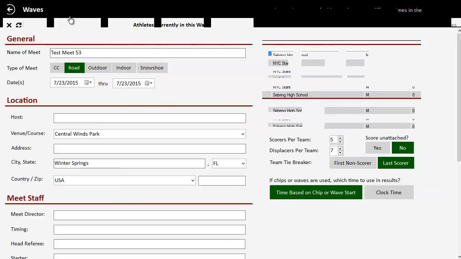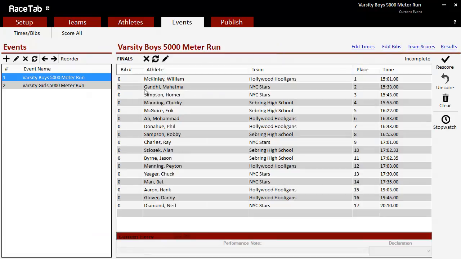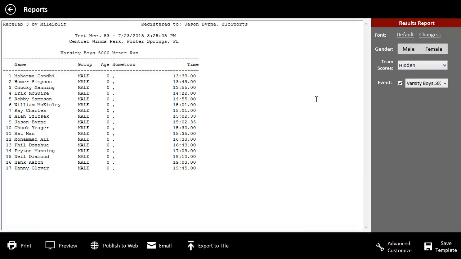So now, when we go over here to the Events tab, I want you to notice that Mahatma Gandhi here, his gun time, in other words, from the initial gun to when he finished, is 15:33. But he was in that second wave, which started 2 minutes later. So what we actually are looking for is his actual time, his net time, if you will, which was 2 minutes less than that. So if we do the results here, we see he is appropriately adjusted as